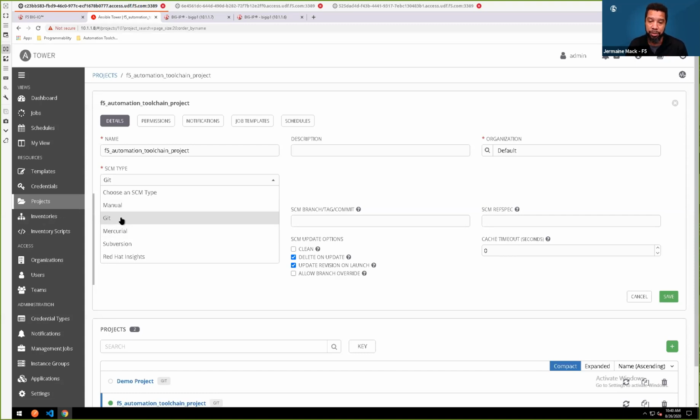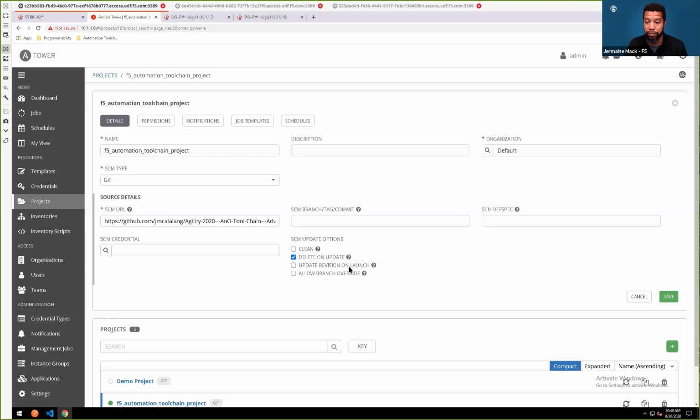This one's actually coming from GitHub. And here's the URL for this project. This project has multiple phases to it. We're going to do 3 of the phases. There's a project where it will just deploy everything at once, but we'll get into that a little bit more. One of the things we can do here is the update revision feature. So if you make a change to the GitHub repository, this would ensure that it gets propagated before you run